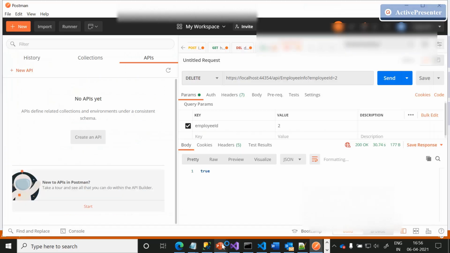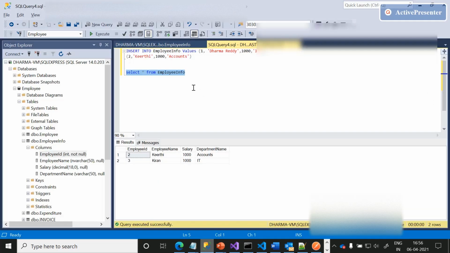Just click continue. If you see here, the request is successful and returned true. Now we need to verify from the database whether it got successfully deleted or not. Just click F5. If you observe here, we were able to delete the employee successfully.